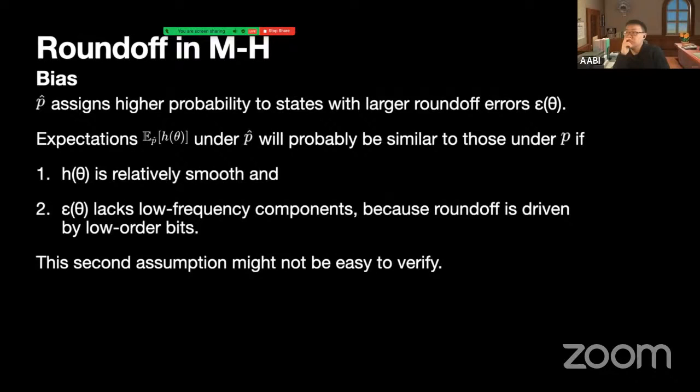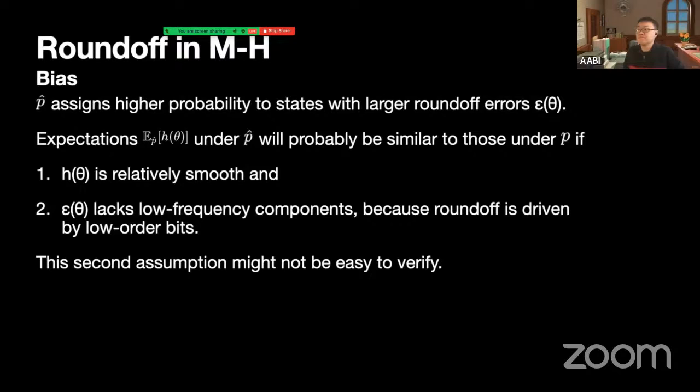So p hat, the way in which it's different, right, is it assigns higher probability to states with larger round-off errors, epsilon. Now, we might worry that expectations under p hat might be different from expectations under p, but they'll probably be pretty similar, and this is a pretty hand-wavy statement, to the expectations under p if, first, h, the function whose expectation we're interested in, is relatively smooth, and second, this round-off error function, epsilon of theta, doesn't have a lot of low-frequency components, right? So basically, if it's fluctuating